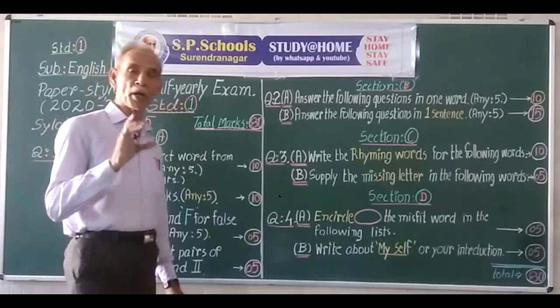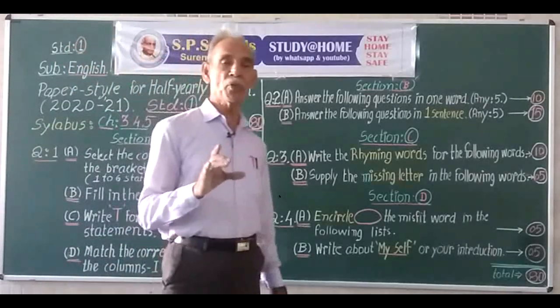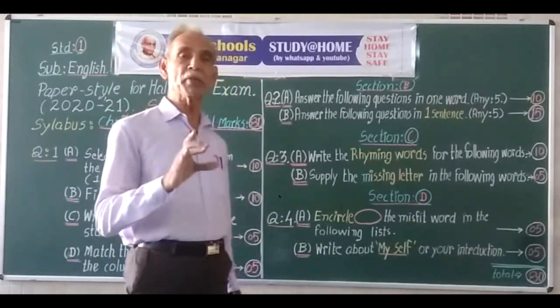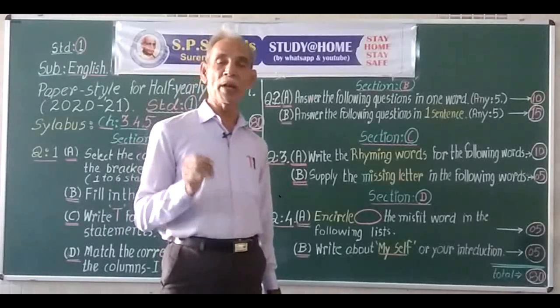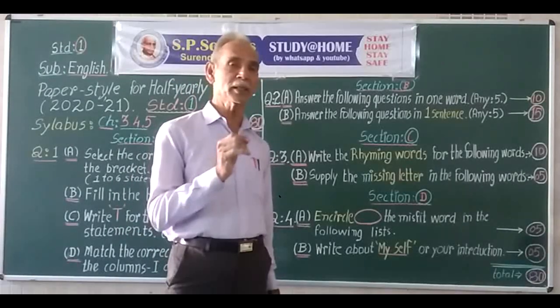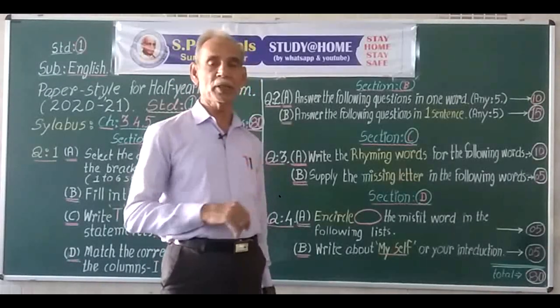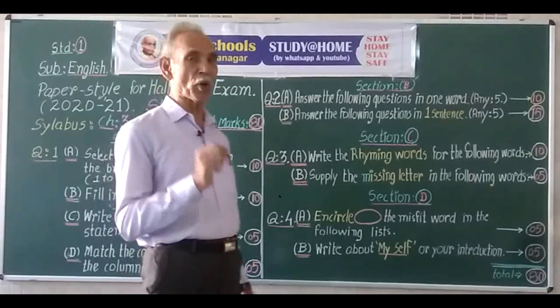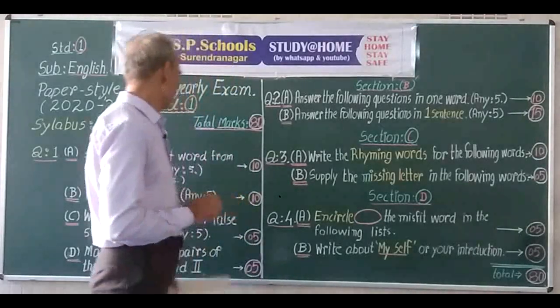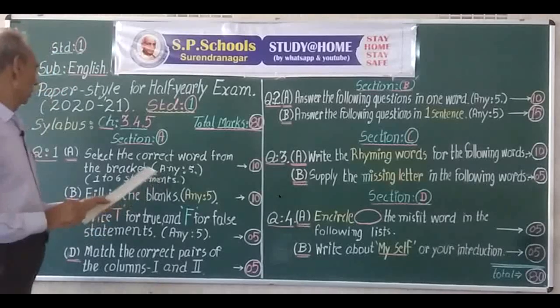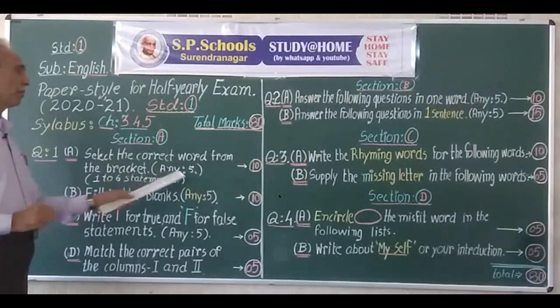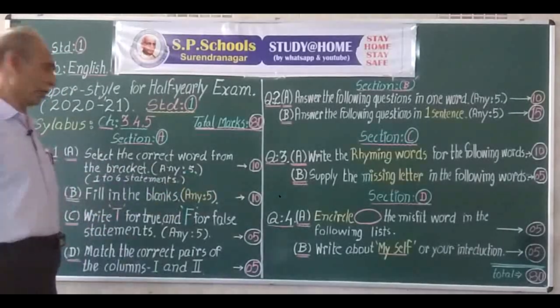There will be one word to be selected from 2 words given in the bracket. One is correct, the other is incorrect. You have to select the correct word for the given statements,